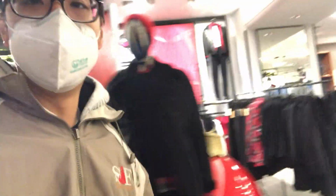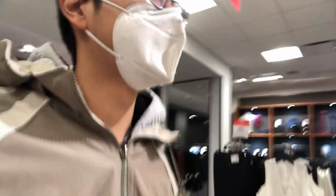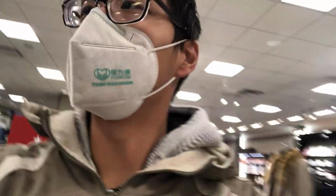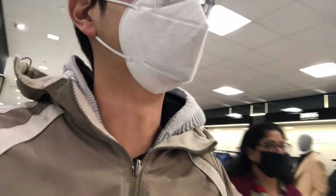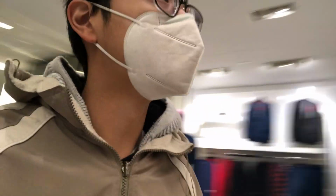I finally found the men's section, at least on the 5th floor. I guess it's like just farther north or something, or maybe it's just on this floor. Yeah, we're in the suit and collared shirt section. I wonder, like, yeah, no Christmas festivities here, but more of a polished feel. And yeah, I wonder if the store is mostly catered to women, because it's the first time I've seen